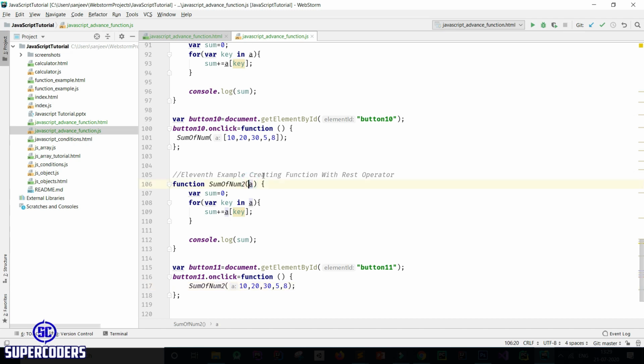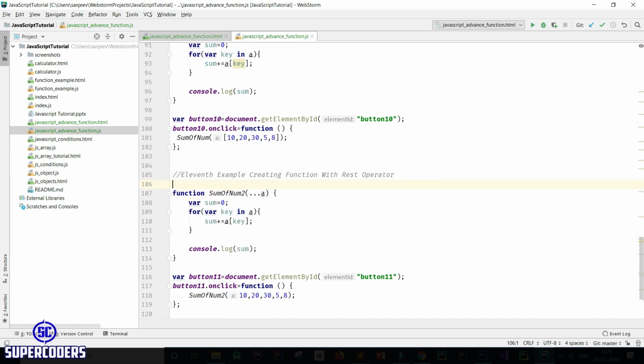So you need to add rest operator, which is dot dot dot. So let's add the comment: dot dot dot is for rest operator which convert variable into array. Now let's run this program again.